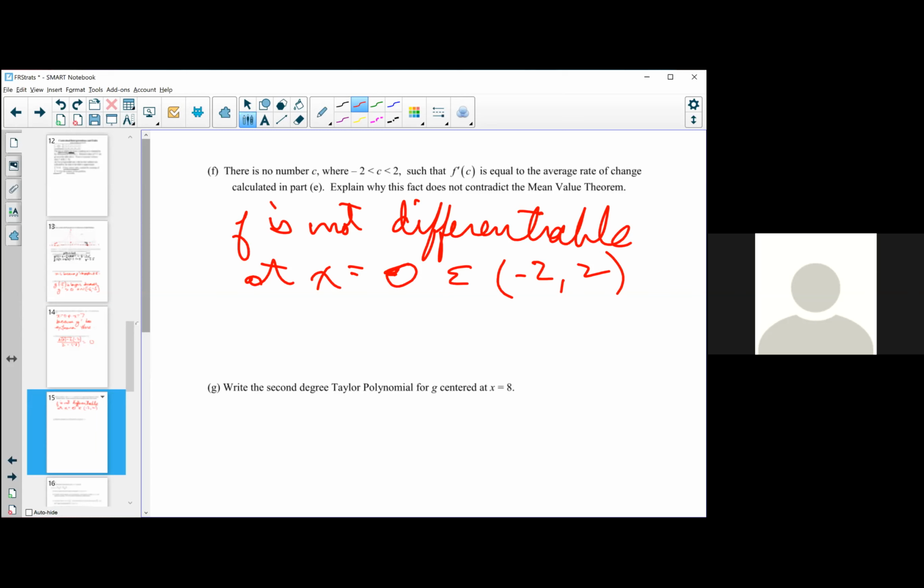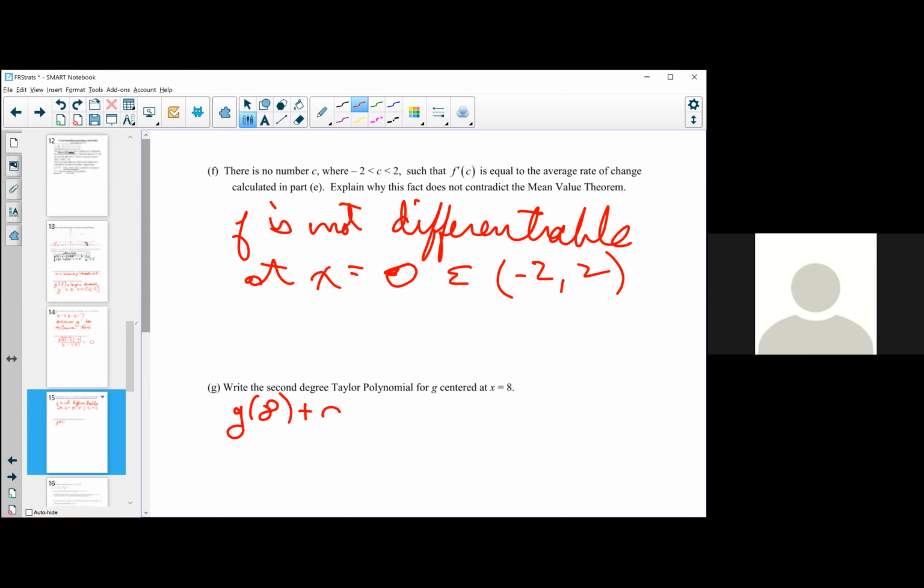Then the last part of this asks for the second degree Taylor polynomial for g centered at x equals 8. To answer a question like this, I think the right thing to do is to have in your notes ready for the exam the general form for a Taylor polynomial for any function centered at any point. Simply being able to type into a template is a simple way to answer a question like this. So this polynomial is g of 8